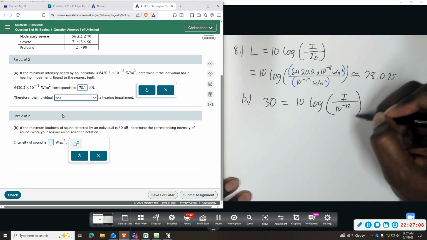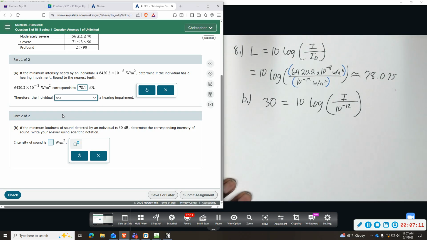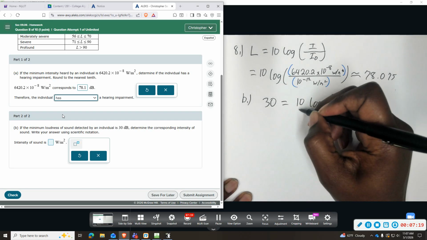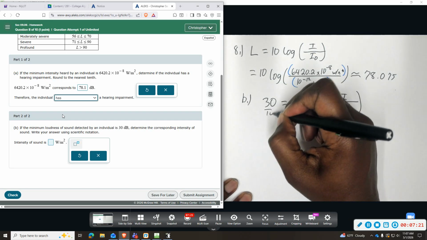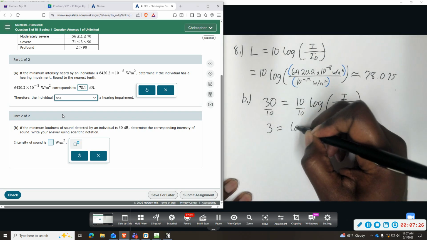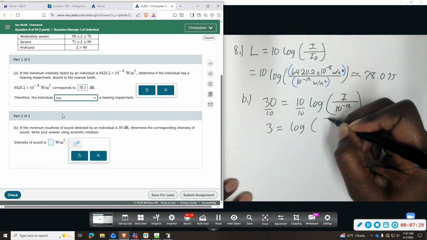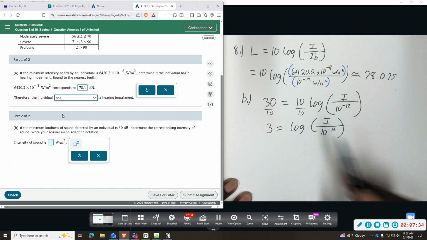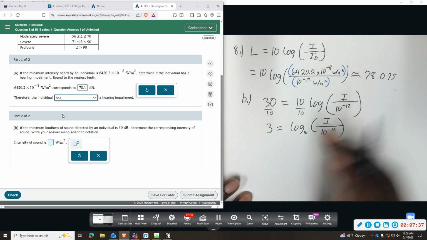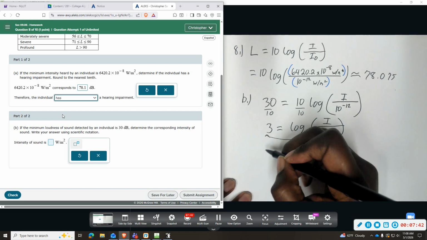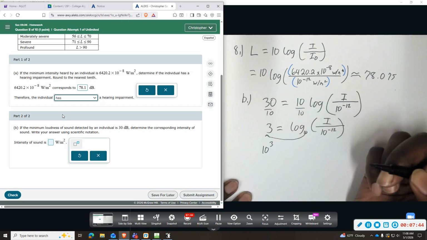I. And so here's our problem. We can do as much as we can by hand to solve for I. We're going to have to get it out of the log. So I'm going to first start out dividing by 10 to get the log by itself. This will give us 3 equals log. Log has an understood base of 10. Okay, so we're going to now write this in exponential form. This 10 is going to become the base of the exponent, so this is going to be 10 to the 3rd power